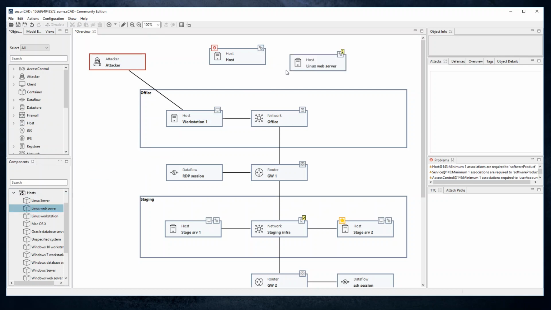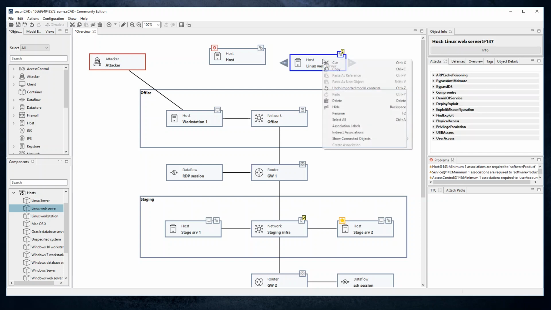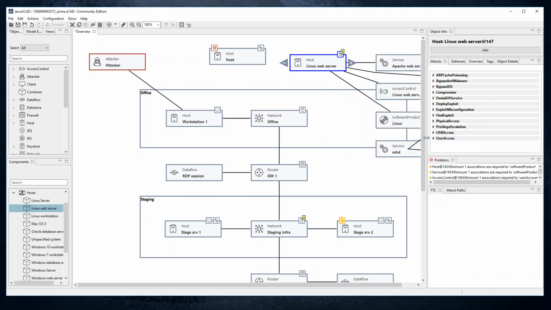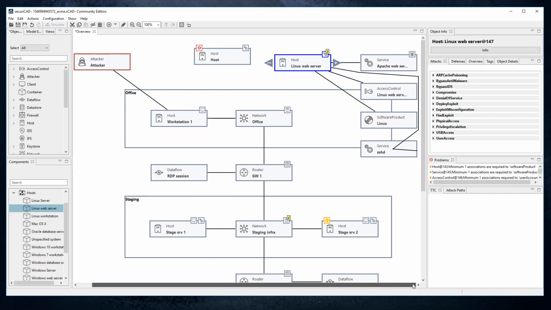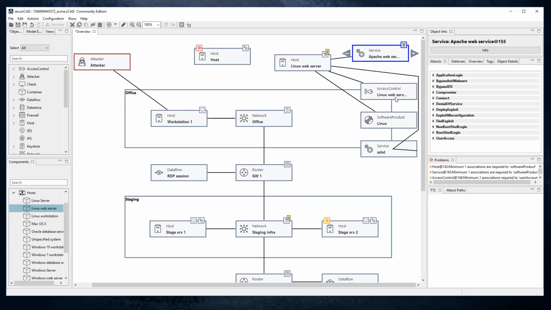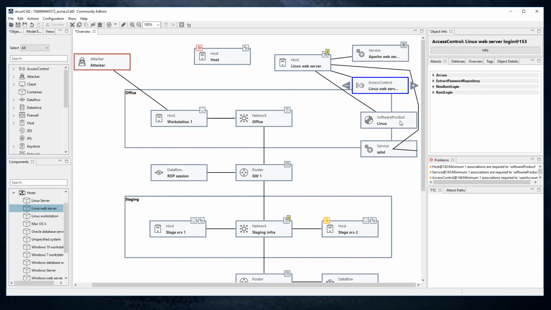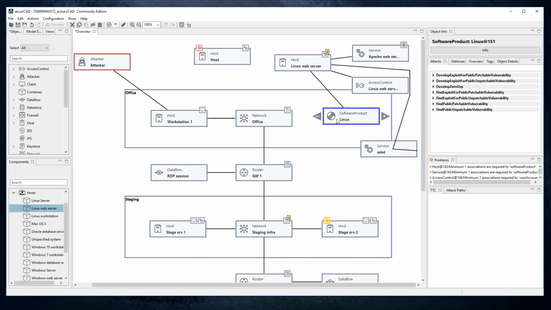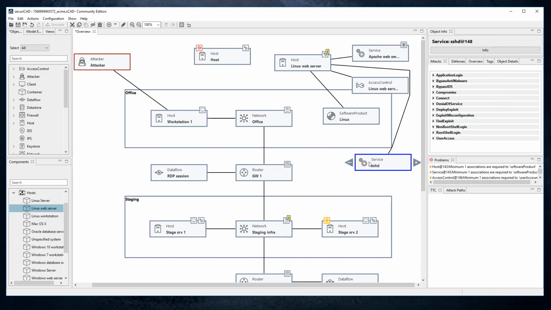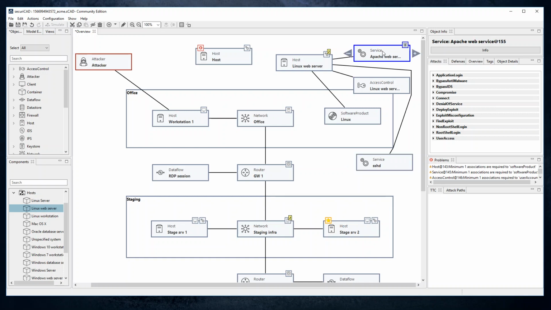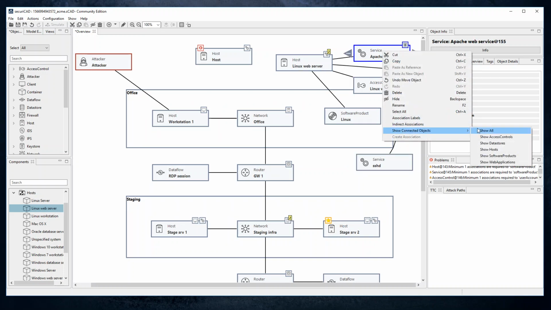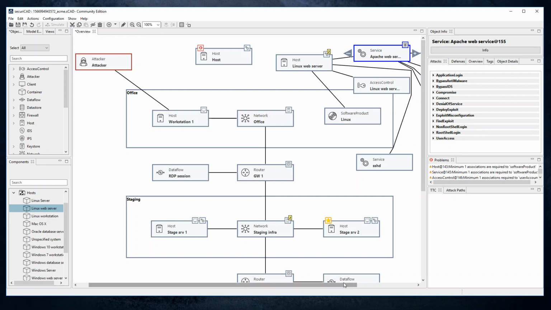So let's see what we got. We right click on this one and we say show all connected objects. And if I move to the side here, I see that I have a service. It's an Apache web service. I have an access control, and this host is based on a Linux distribution, and I also have an SSHD service here. If I repeat show all connected objects on the Apache web service, I get an additional set of